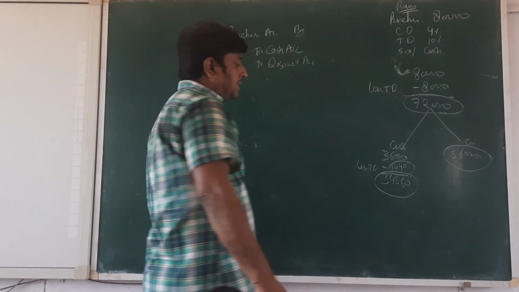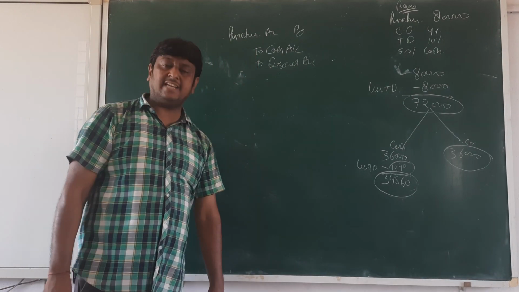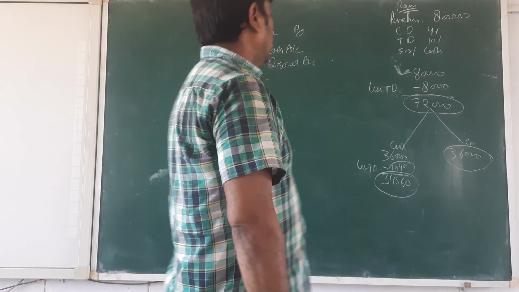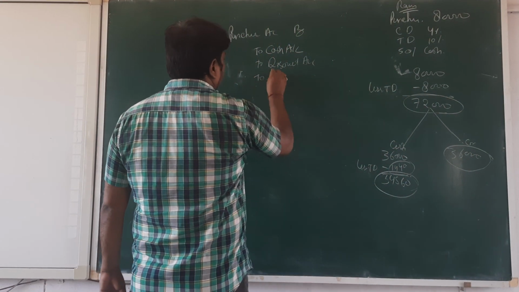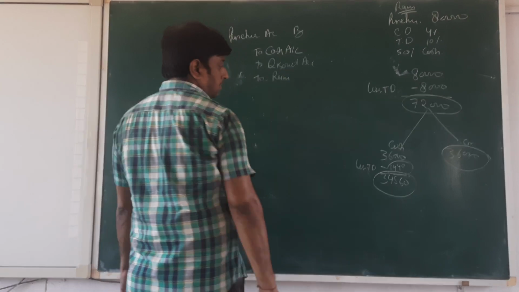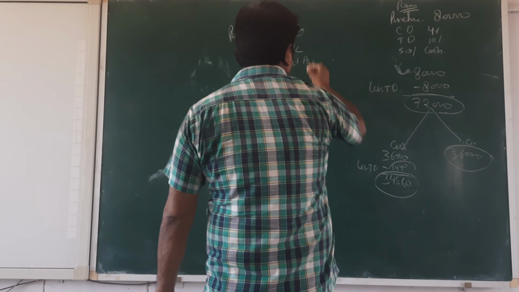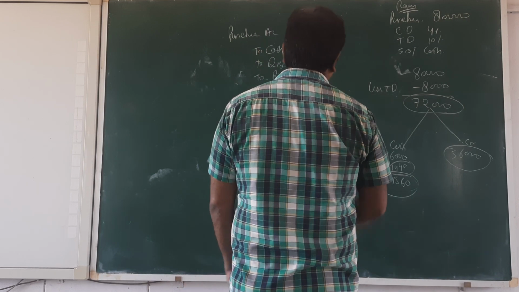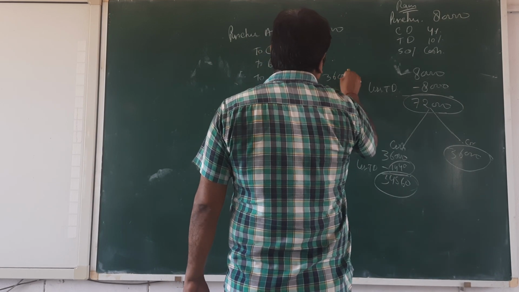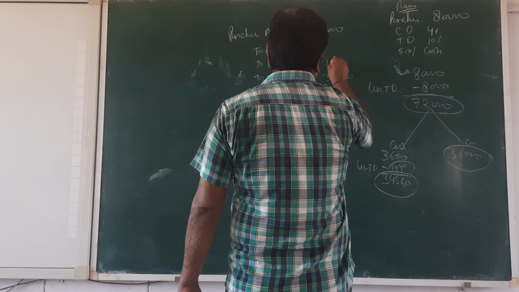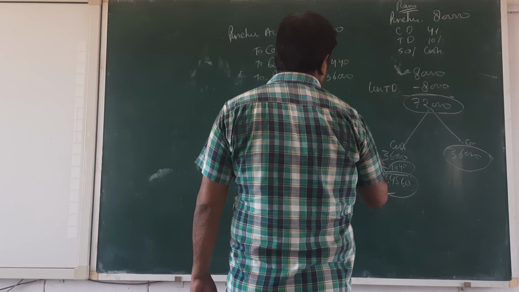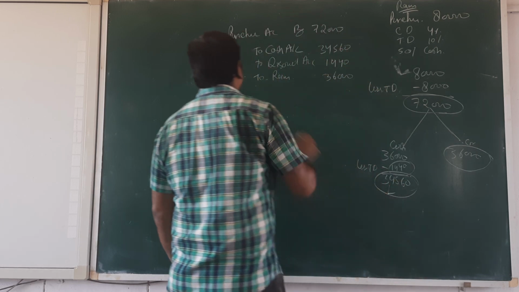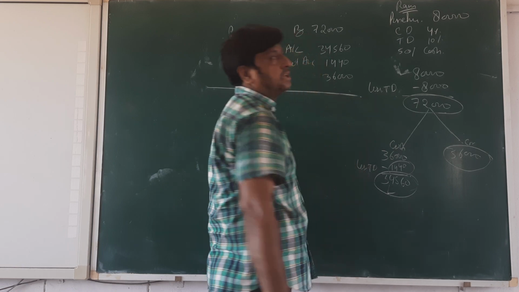To discount account, because at the time of purchase we are giving the money, the discount is received by us, so discount will be credit, and to RAM. Okay. Then just see the amount, how we fill the amount: 72,000 here, okay beta, in RAM 36,000, discount 1,440, and this amount in cash 34,560, okay beta. This way we are going to do the entry.